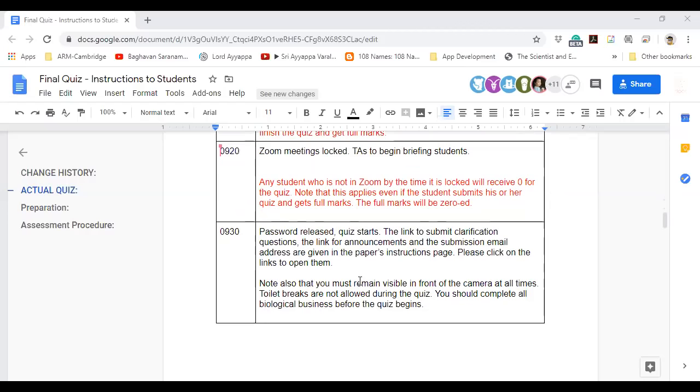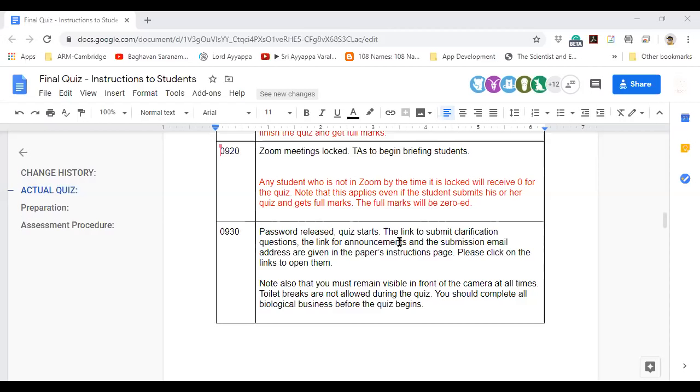At 9:30 sharp, we will release the password for the quiz, and it will start. There is also a link. At the front page of your quiz, we have already given you links. In the practice quiz, I'm not sure if some of you noticed or missed it, in the instruction to the students there is a link for you to submit clarification questions.